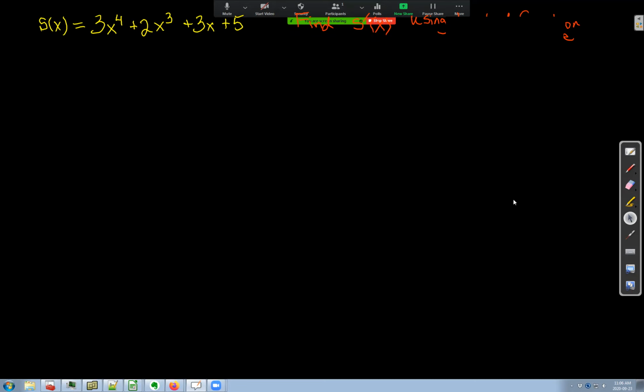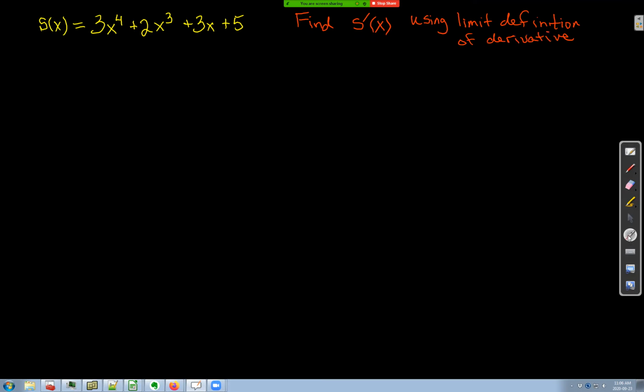So what we've got here today is a particularly nasty derivative problem. This is going to be algebraically a lot of work, but I wanted to do at least one of these just to show you that if you stick with it and hang in there, you can get through these things. So what we've got is this fourth degree polynomial function, s of x,